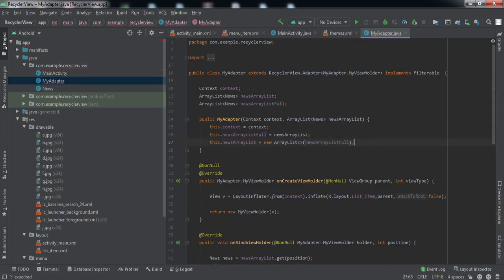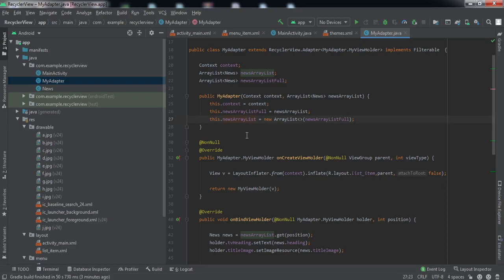At the time when an object of this class is made, when we get all the values inside the full list, this list will also contain all the items, but afterwards we'll manipulate the data. So that is all we need to do in the constructor.